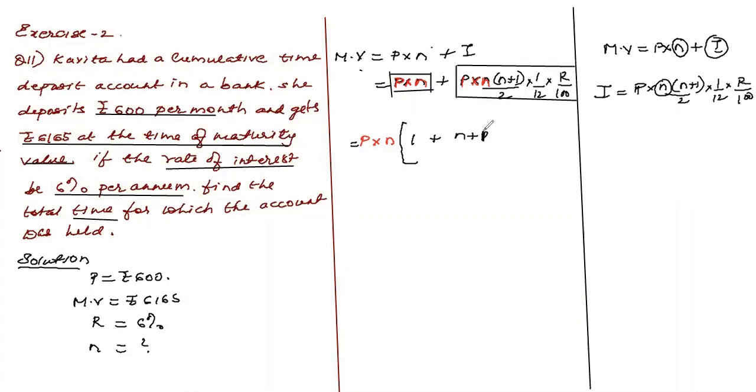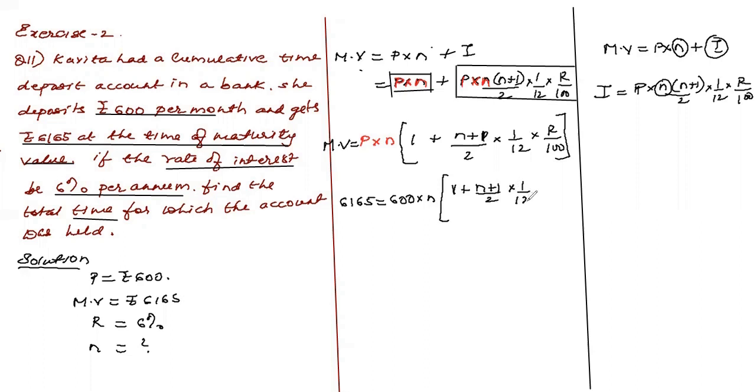n plus 1 into n plus 1 is (n plus 1) upon 2 into 1 by 12 into r by 100, children. So now you can see, children, the maturity value is known. In place of the maturity value, I'm going to put the value 6165 is equal to P, which is 600 into n, and inside the bracket, 1 plus (n plus 1) into 1 upon 12